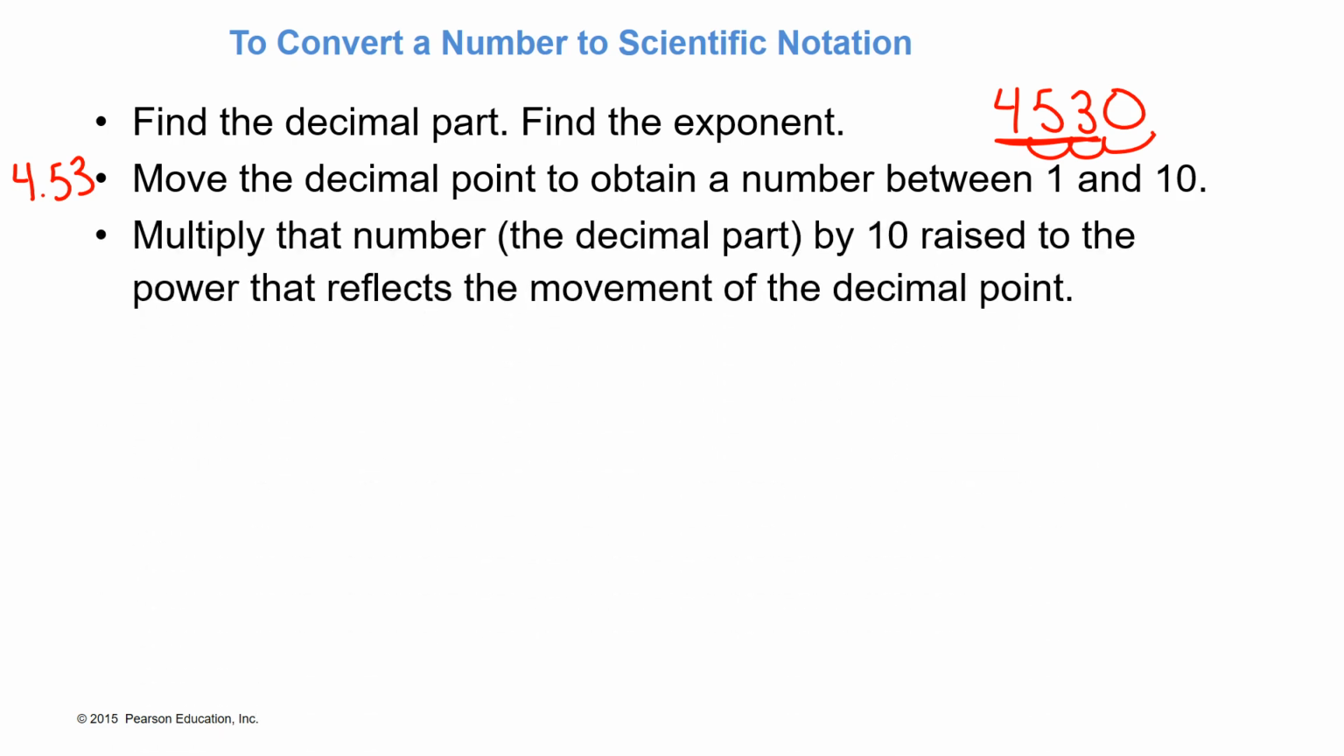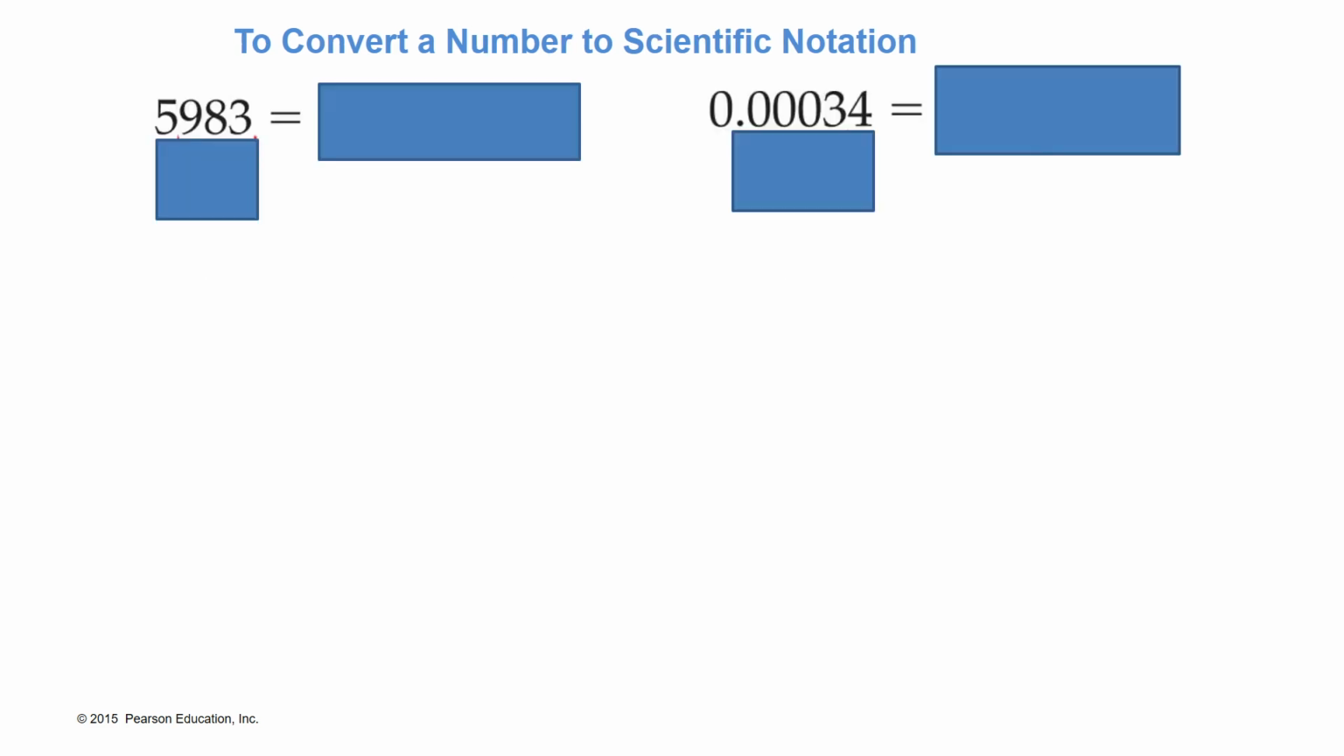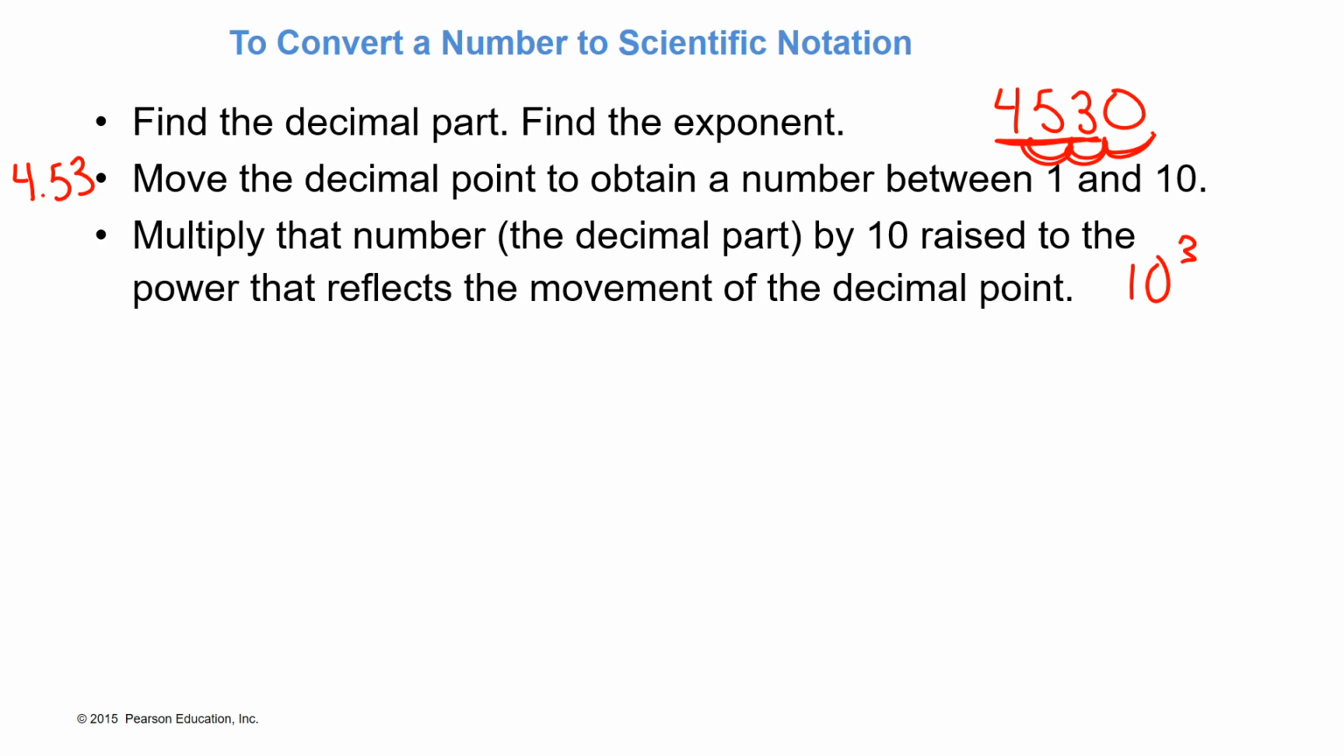Now I also need to find the multiplier. So I need to figure out what I'm raising 10 to. I moved it 1, 2, 3 times. So I still need to keep the value of that 0, but I don't show the 0. So it's going to be times 10 to the third. So when I write this out,